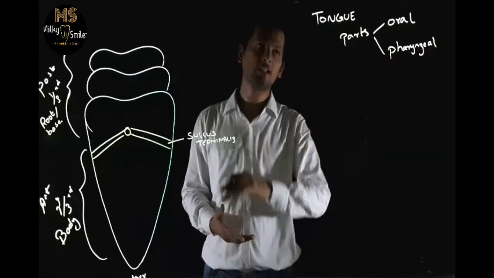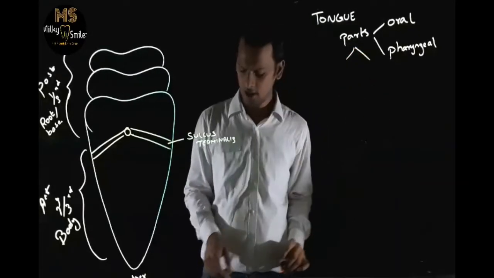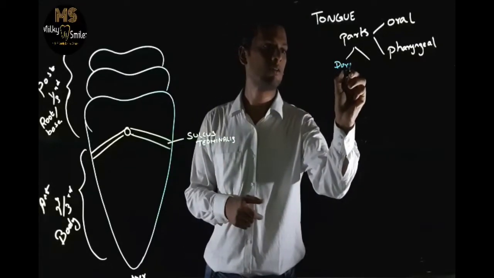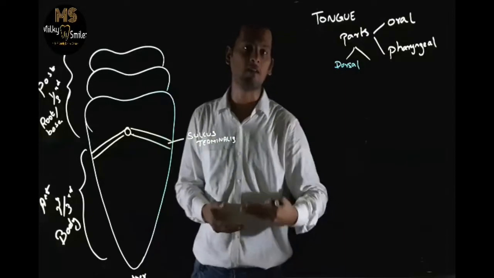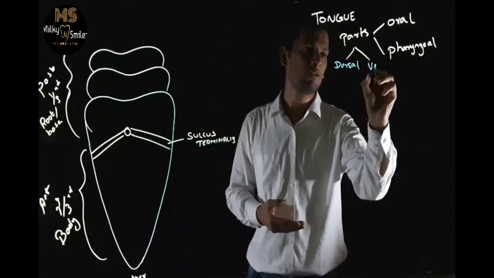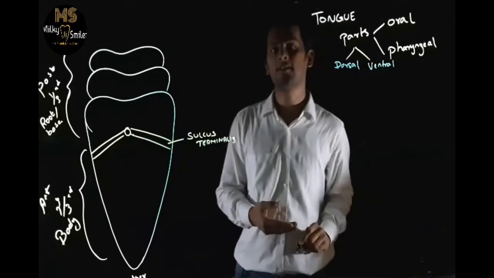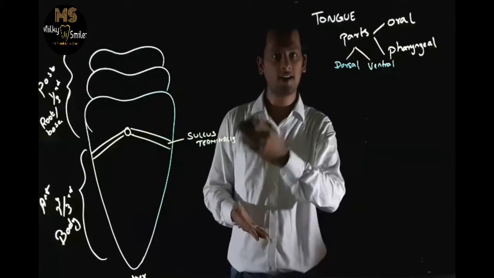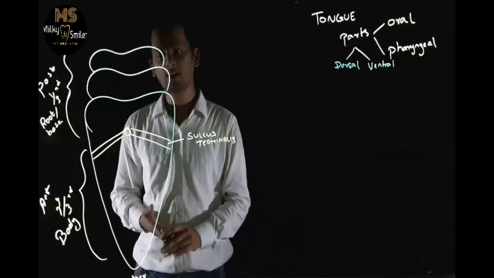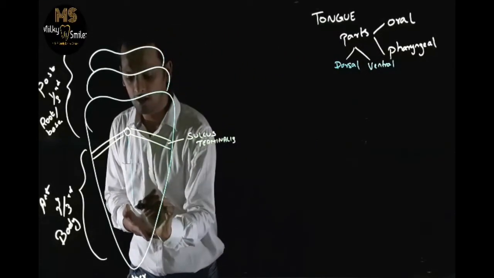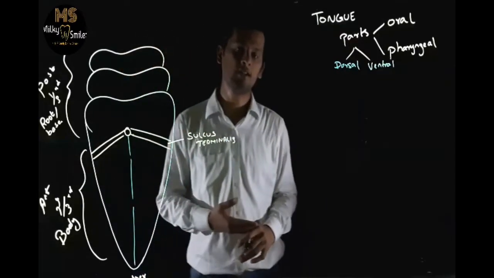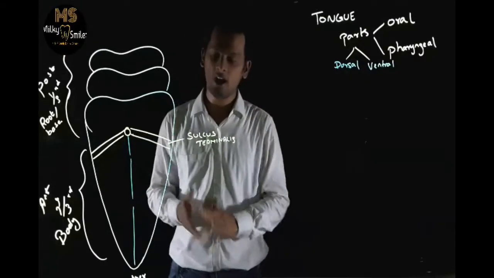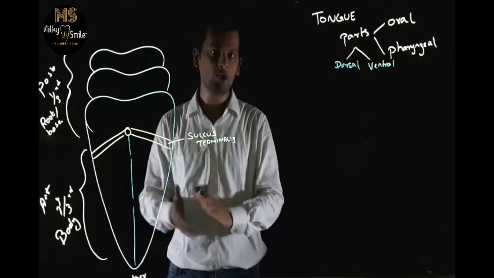So again we can divide the tongue into two other parts, namely the superior or the dorsal surface and inferior, the undersurface, which is also called the ventral surface. The main aspects of the tongue will be seen on the dorsal surface. So let us see one by one. The dorsal surface of the tongue is divided by a median sulcus. This median sulcus runs in the sagittal plane on the dorsal surface of the tongue and divides the tongue further into two equal halves.